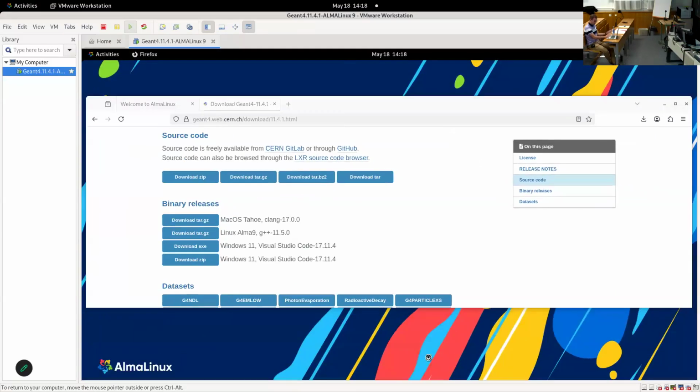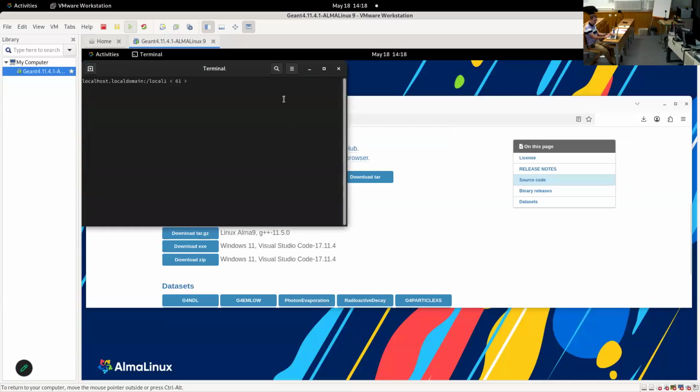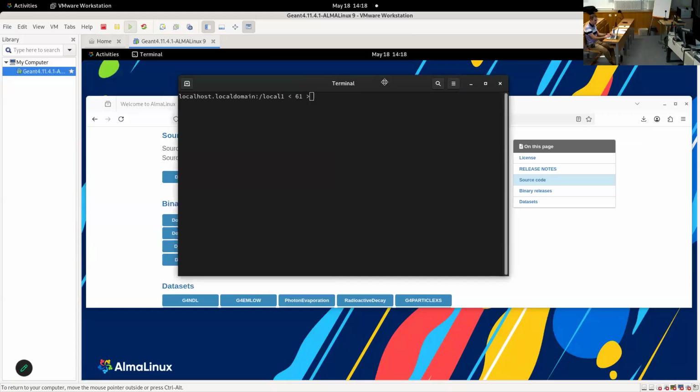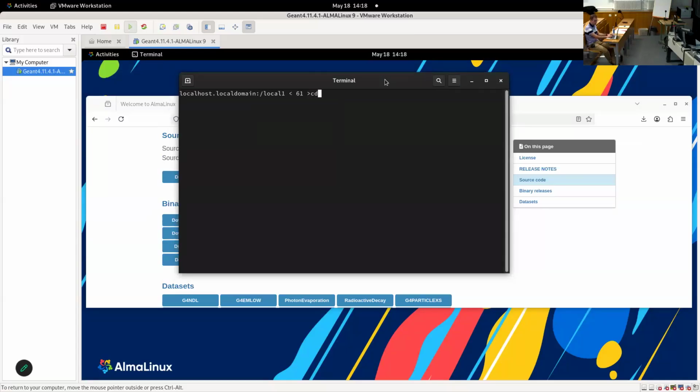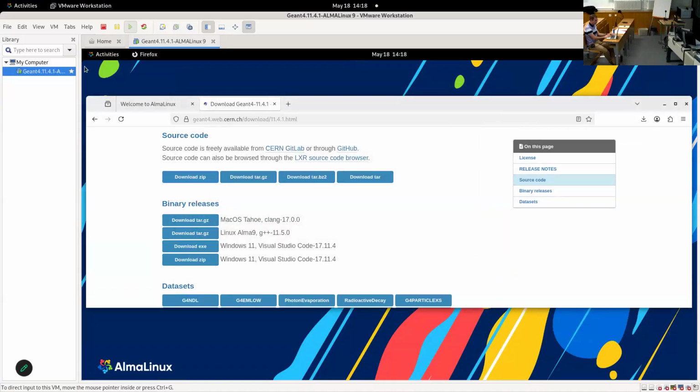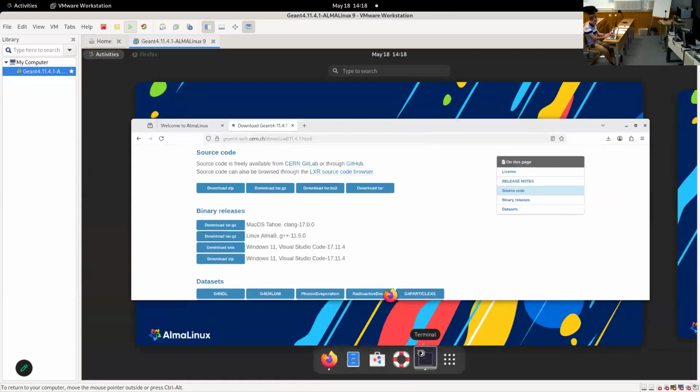Okay. So what I will do is simply for demonstration purposes, there is no need for you to do it. Now I move to the virtual machine. It's just for you to know how it is done. I will be using some bash commands. I will mention maybe some of them the first time I use them in case you are not familiar with them. So when opening a terminal, I will do it from scratch. When opening a terminal like this,